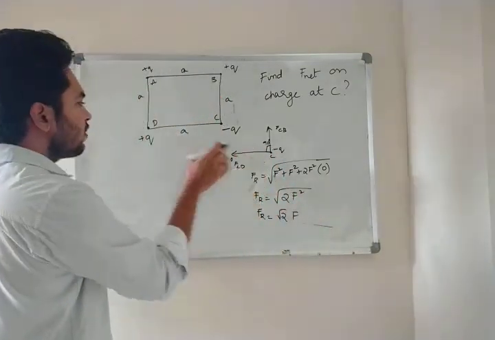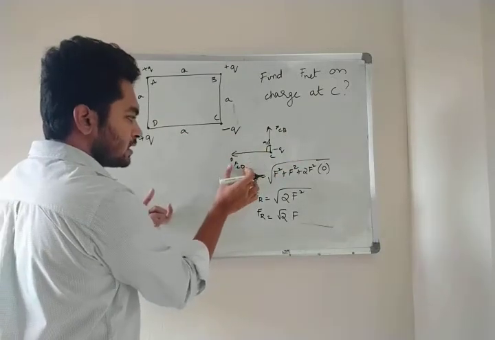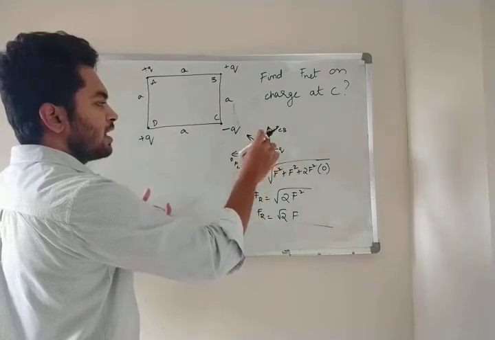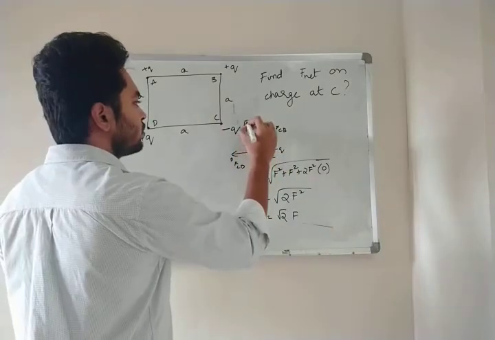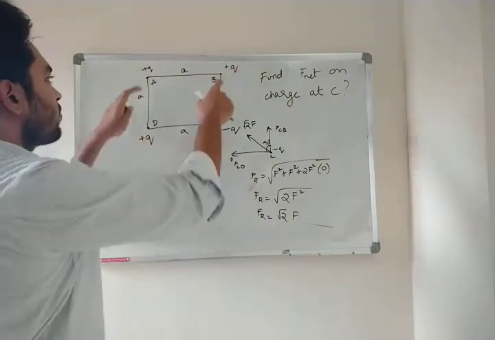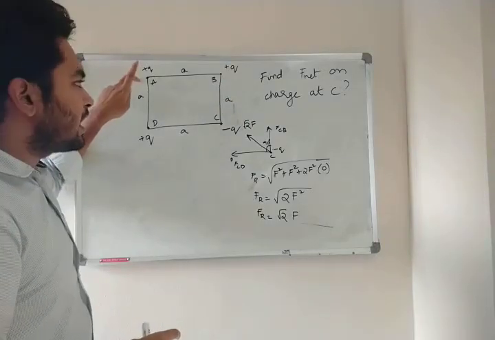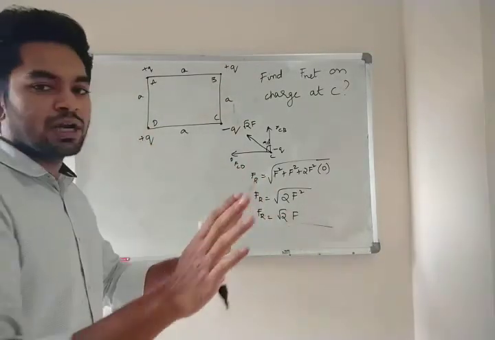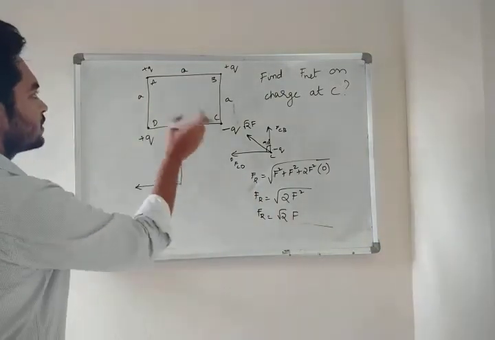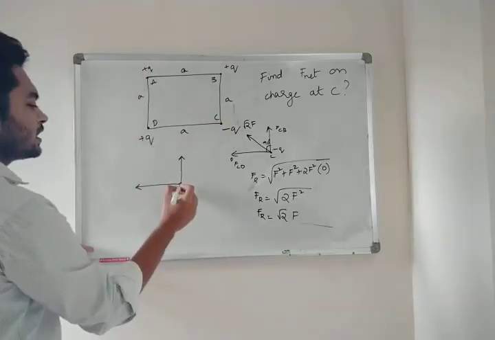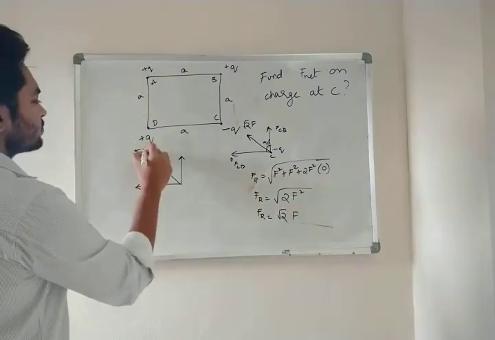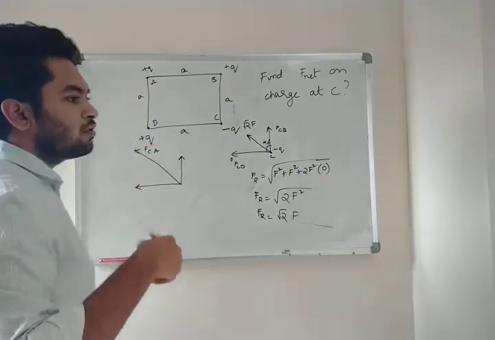So the resultant of these two forces is in this direction. Because both forces are same, it passes through the middle, which is root 2F. But we have considered D and B. But where did A go? Where did A go? Till here we did not consider A. So if we consider A, this is also positive. So the force is going in this direction, right? Force is going in this direction. Clear? FCA.